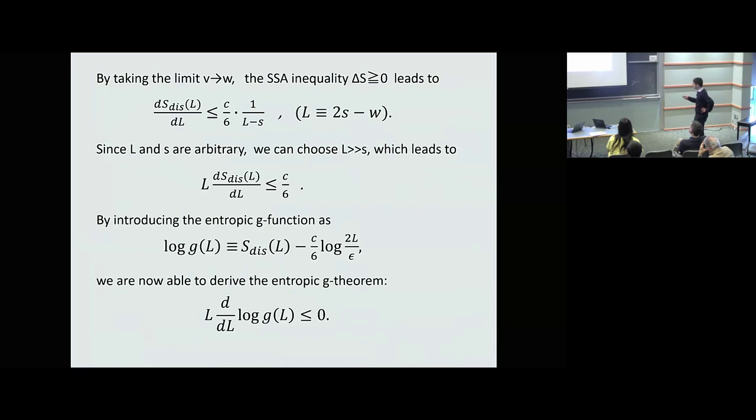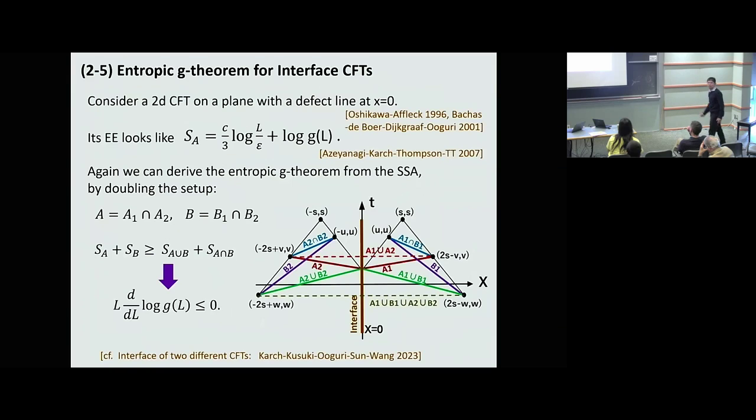So we can also generalize this idea to the case of interface CFTs. So interface CFT, we have some conformal field theory on a plane, but we can put some line defect which preserves conformal invariance. In general, we can turn on some relevant perturbation on this line. That gives some non-trivial renormalization group flow, but still, in that case, we have C over 3 entanglement entropy for region A. So let's take the length of A to be L. Then there is some finite contribution.